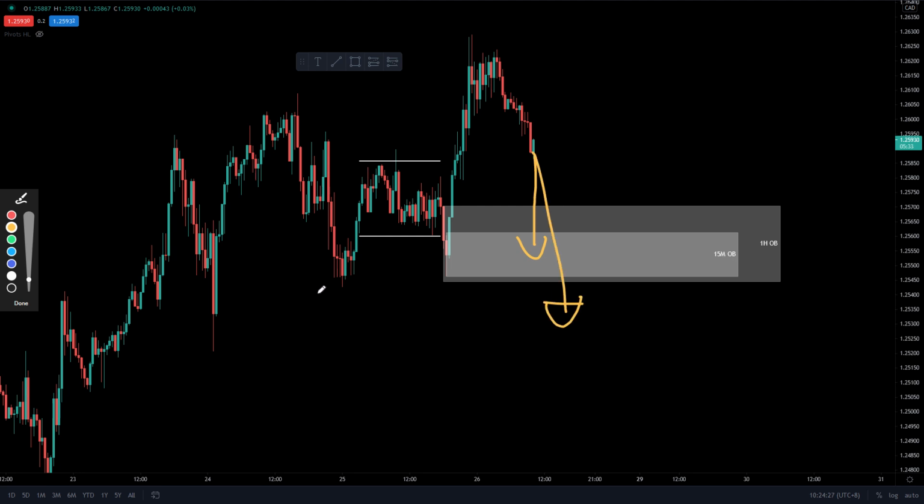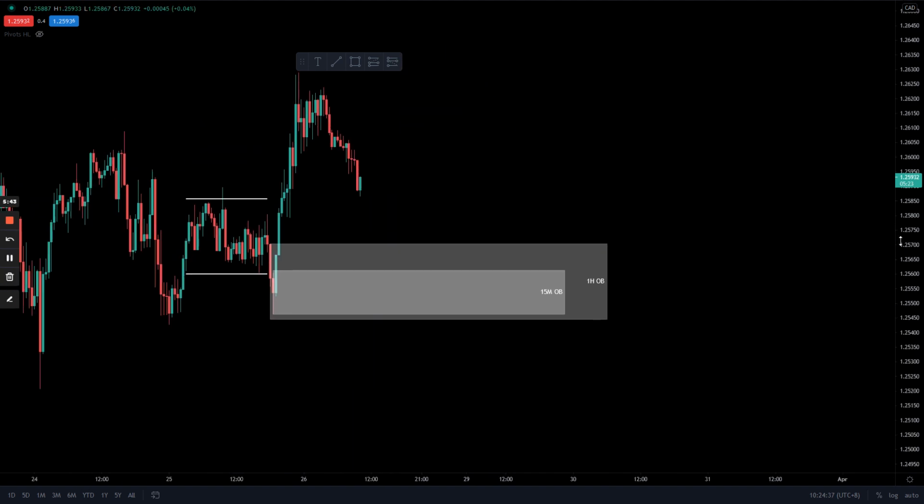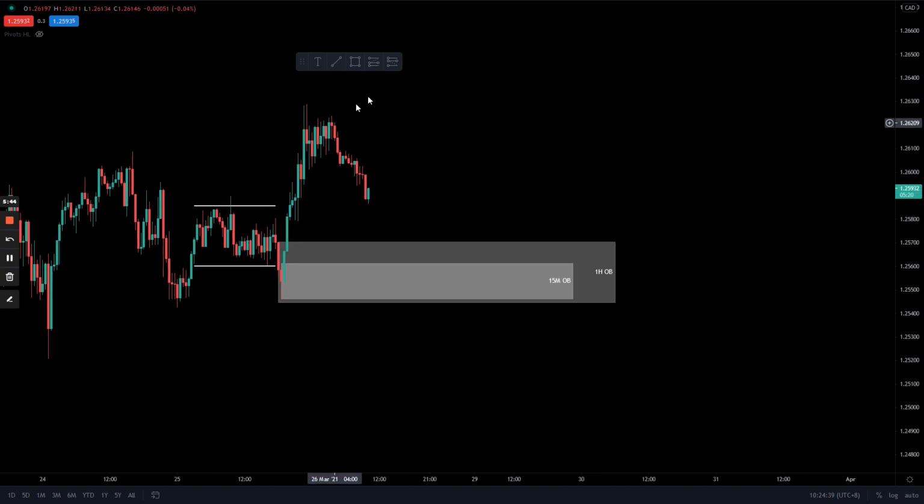and break this level here, because this move itself was the one that collected liquidity. So we will just see how price plays. Okay, we already have the 15-minute and the 1 hour order block. Let's just go and see whether we can refine it again in the